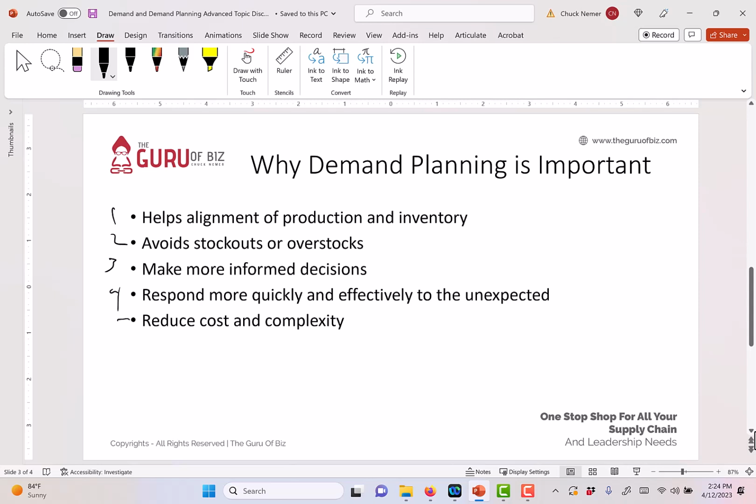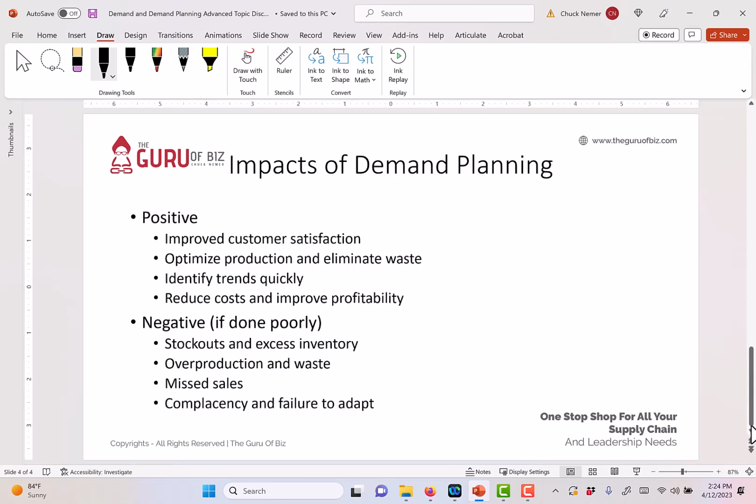And lastly, if we can think in terms of balancing supply and demand through demand planning, companies can reduce the cost and complexity of managing their supply chains while improving customer satisfaction and ensuring that products are available when and where they are needed. So if we do demand planning well, we get those benefits. And finally, looking at the impact of demand planning, we're going to look at it positively, and then if we do it poorly, what are some of those negative